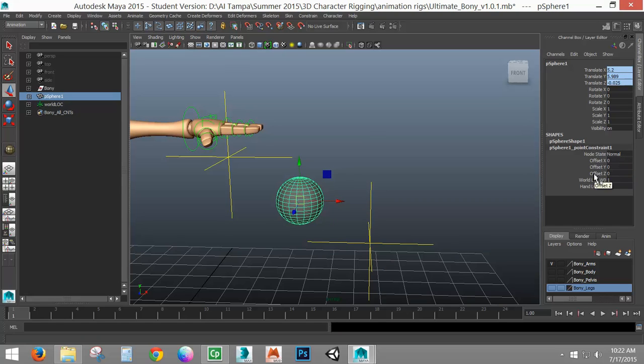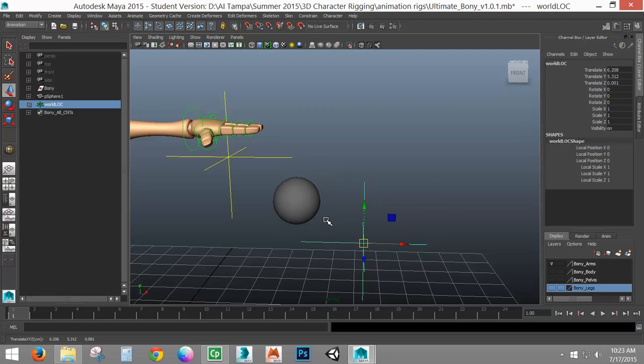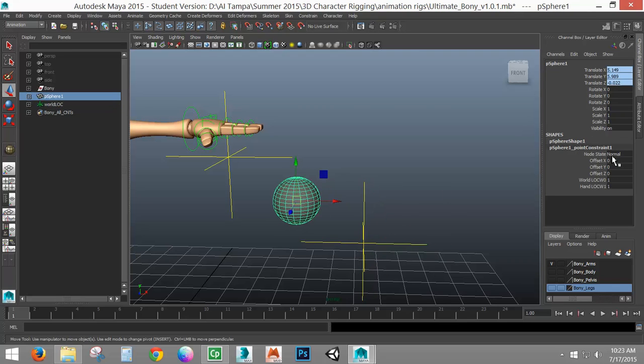which is basically that it's working, so just leave that as it is. If you've applied it and it's not in the right place, you do have the ability to change its offset, which will slightly move it. Honestly, your better option is to move your locators, adjust these. Animating with an offset can be difficult,